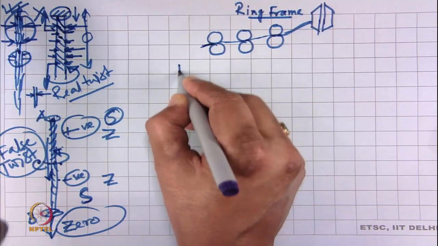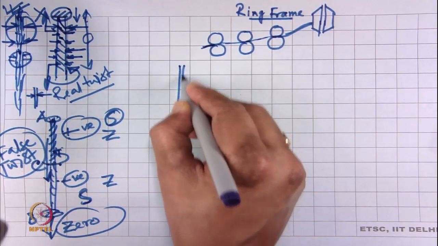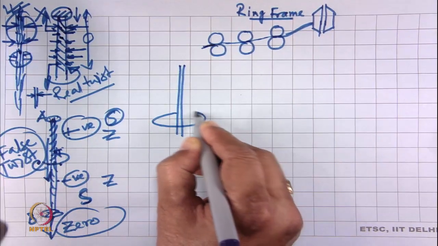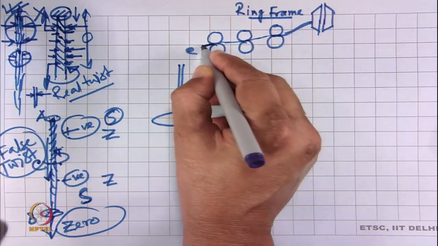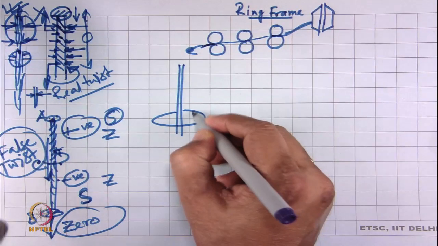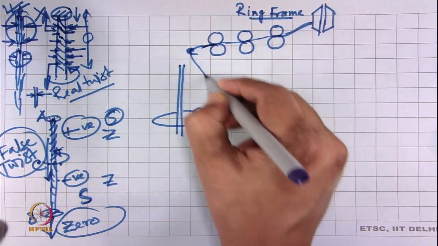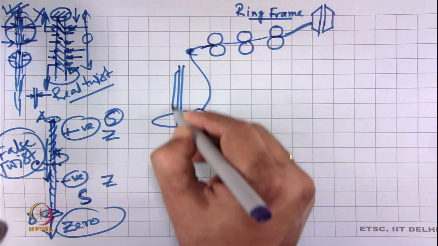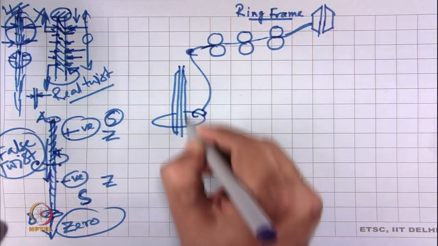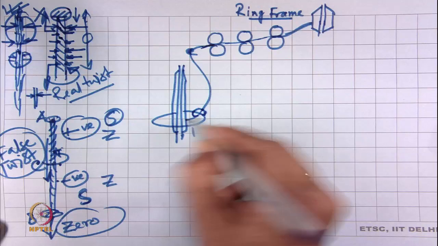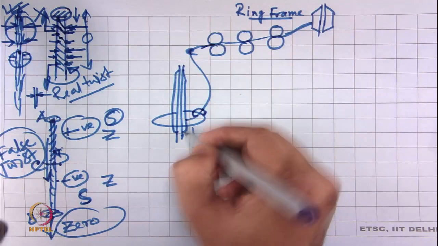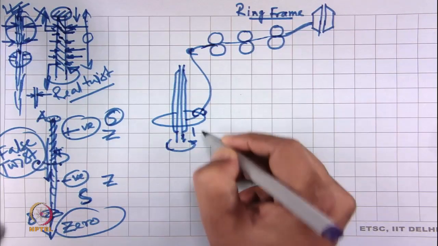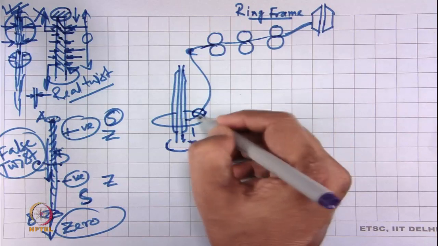Now, it is done by an arrangement of a ring and traveler, we are not discussing this here. So, this is a guide and the strand will go through this guide, and this is called the ring, and it goes through the traveler, and here it is a bobbin. And here the spindle rotates, and with the help of the yarn pull the traveler